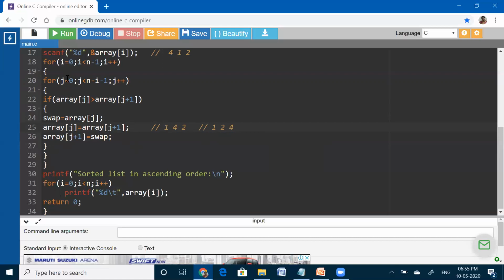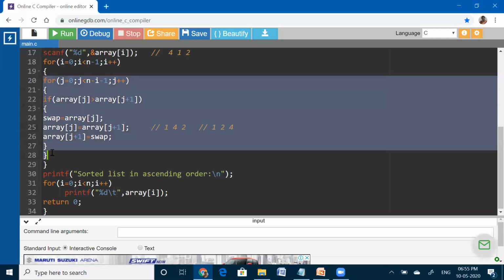Now j becomes 2. 2 less than n minus i minus 1. N is 3, i is 0 only. 3 minus i, 3 minus 0 means 3. 3 minus 1, 2. 2 less than 2? Condition failed. If the condition failed, we'll come out of this for loop.